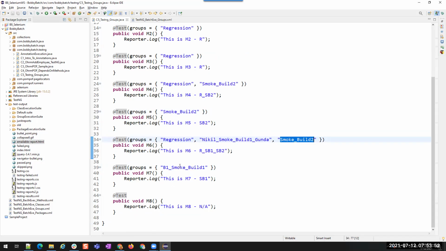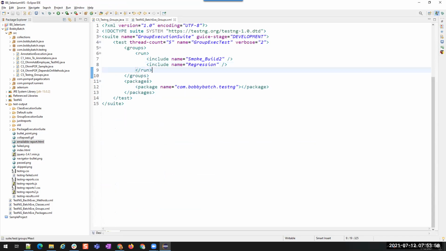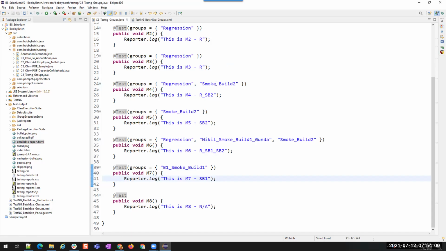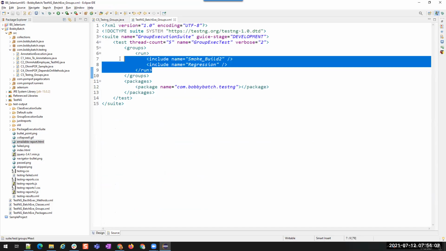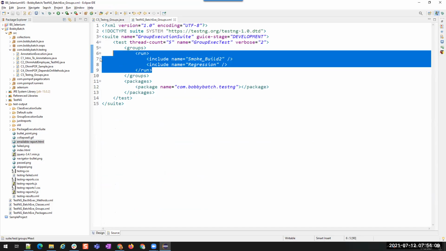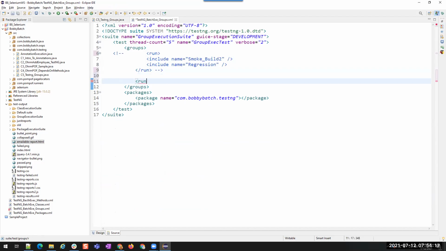All right. Similarly, I want to exclude smoke build 2, but I want to execute all the others. So what I'm going to do is comment out this. I commented them and then I'm going to add the run tag again, just for the sample.